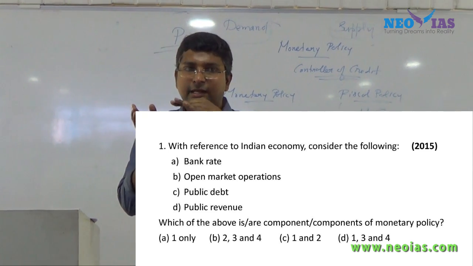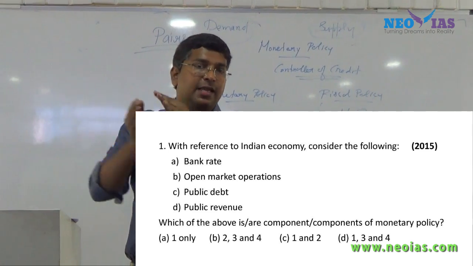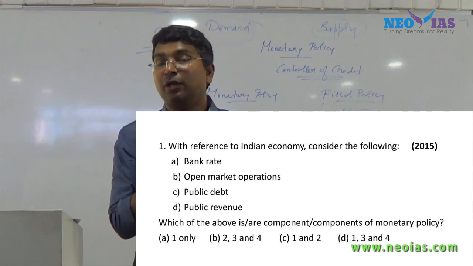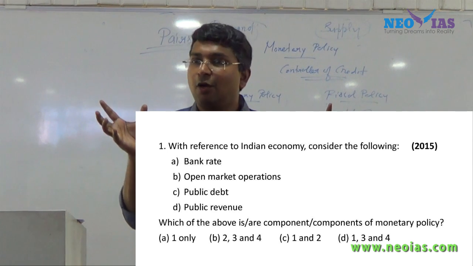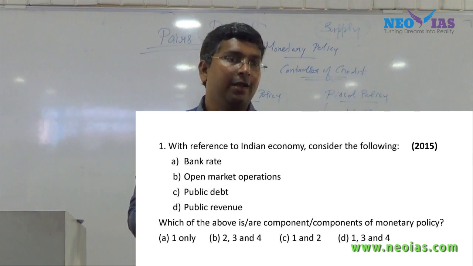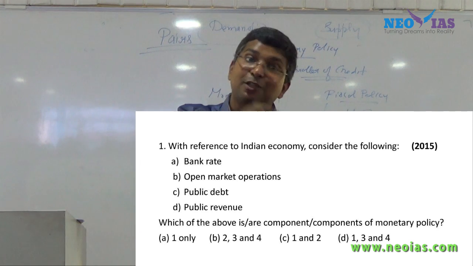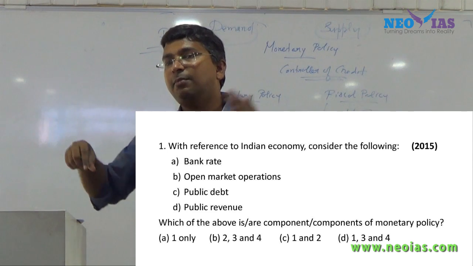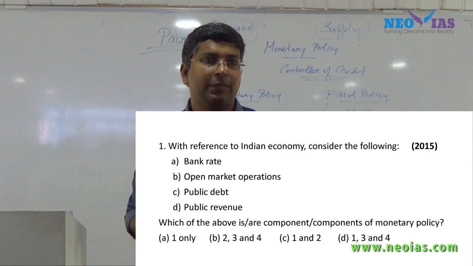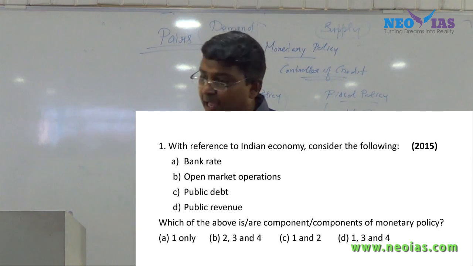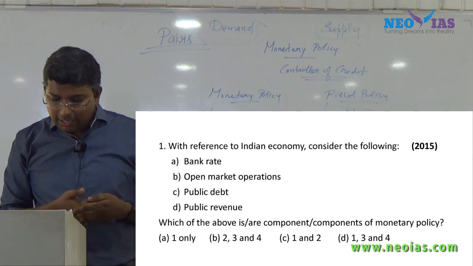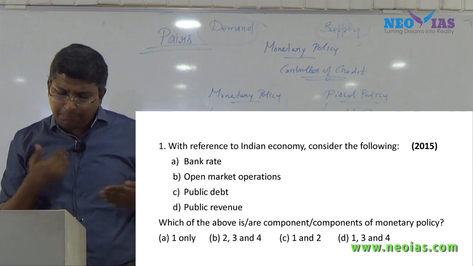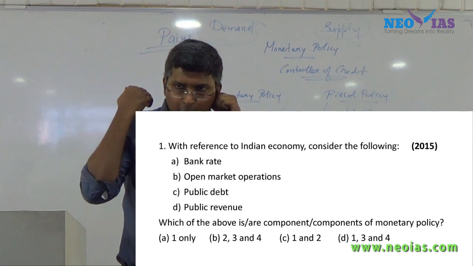So this is what I said, that they will put, see, now you are very clear with monetary policy and fiscal policy. Sometimes what will happen is, you will not have a clear cut idea what all constitutes this pair. But you are aware that this feature is not this. You know that this feature is that one else. See, imagine that you are not aware of bank rate. But you are aware that public debt, take the case of public debt or public revenue. See, this is how we have to answer this.